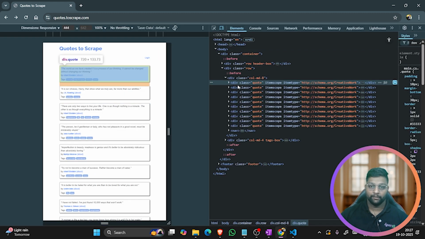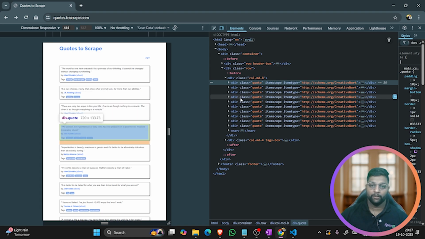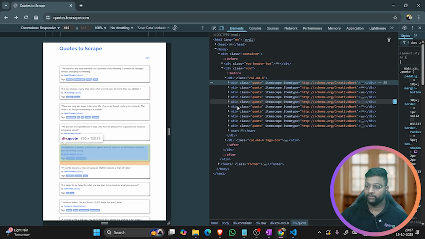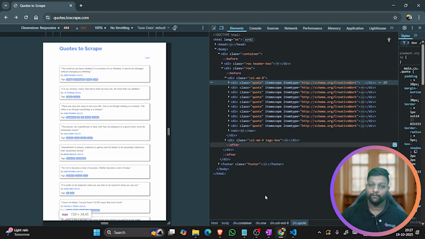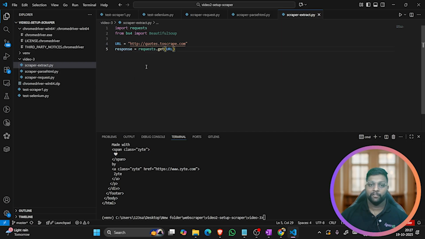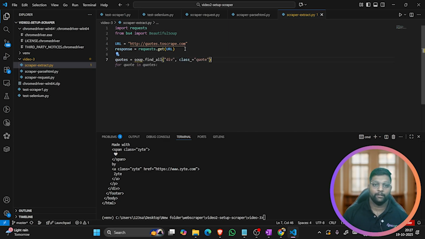You can see these are all in div blocks. Each div block contains its quote and information. So now we are going to extract the information out of this div block only. So how can we do that? For this, first we took this, then what we need to do is quotes is equal to soup.find_all div quotes,